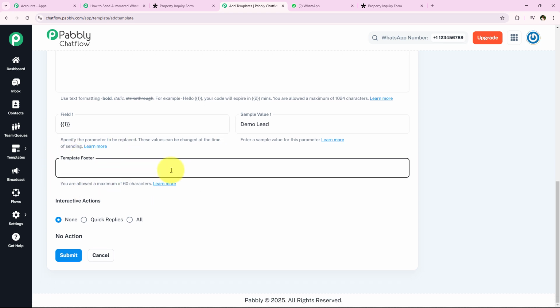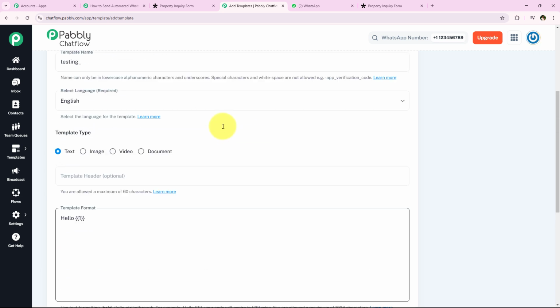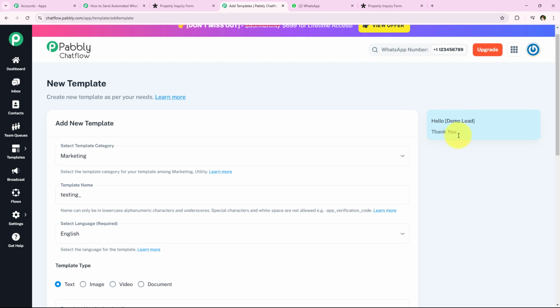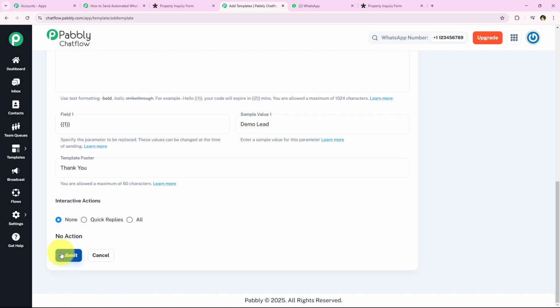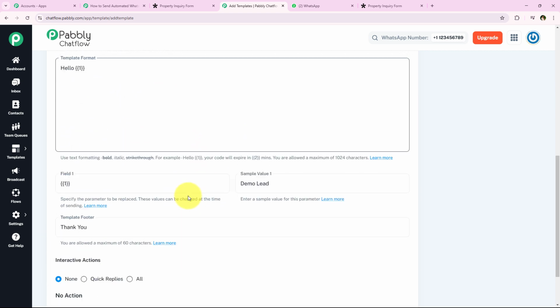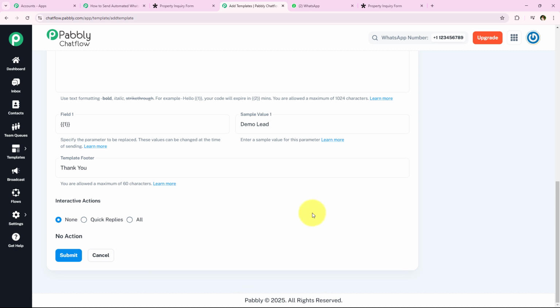You can also enter the template footer right over here, like thank you, best regards, or greeting of the day, and you're going to see that the template footer is also added in the preview message. You can preview the message right from here. Now after adding all of this, you just have to click on submit and your template would be submitted. And after submitting the template, you have to wait for a few minutes